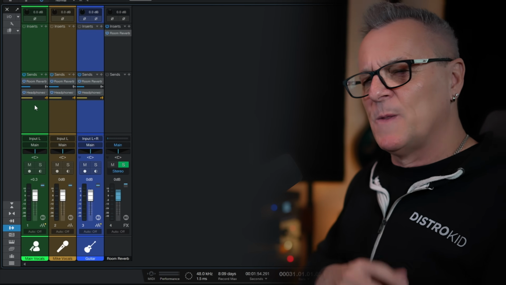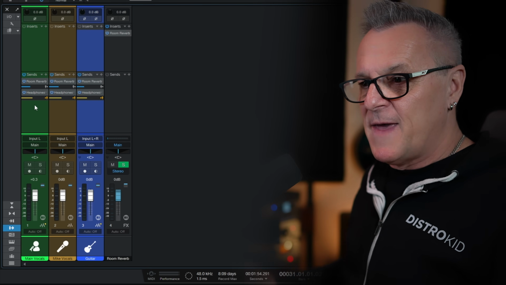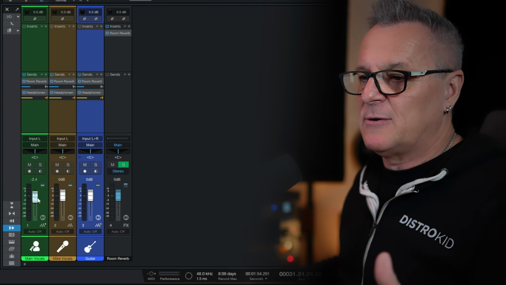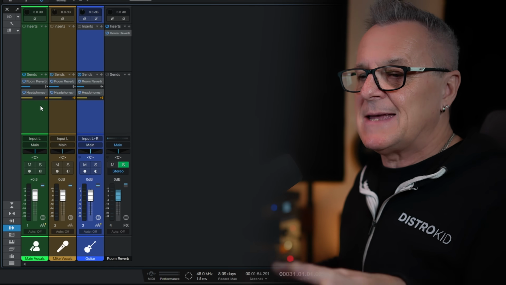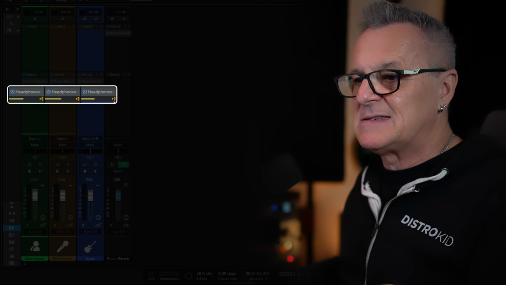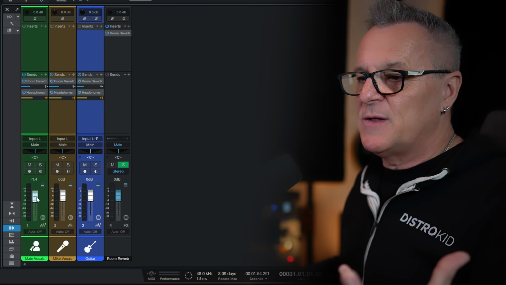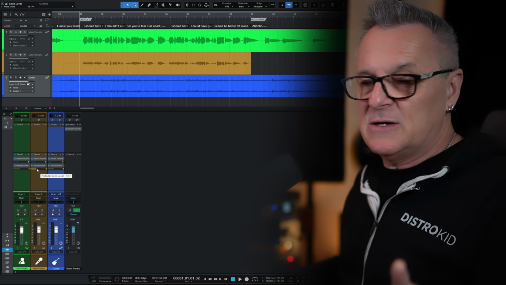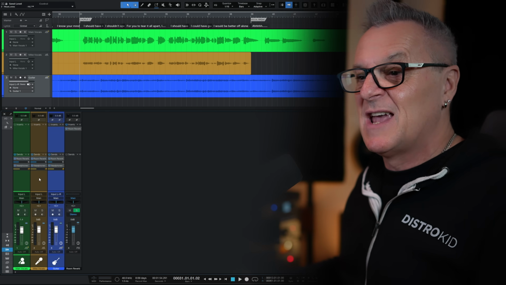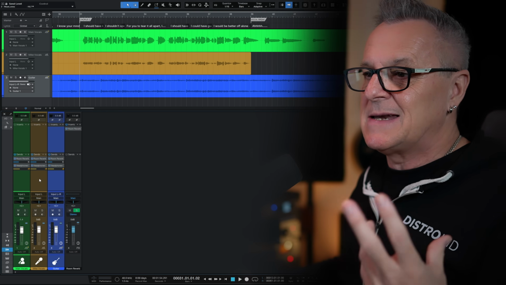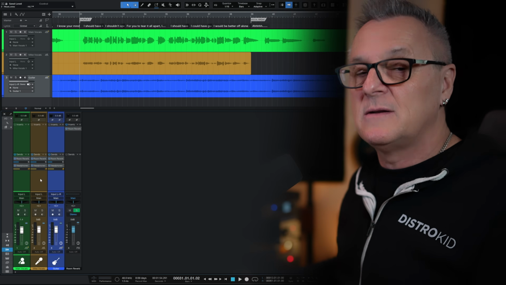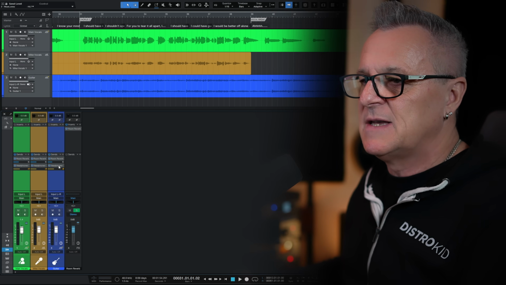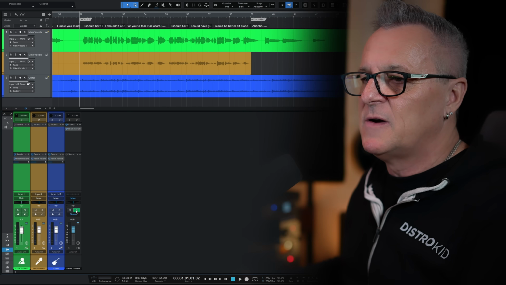However, we don't want that mix to be affected for them if we're adjusting our faders here in our main part of our session. So that's why we would set this to pre-fader sends, so that their mix is not being affected by the overall mix, and we can tailor their mix for them here. Now, that's all very good, and you can go ahead and do that if you wish, and it's the way I guess things are done in other DAWs. However, I want to show you an alternative way in Studio One, which I think is just a little bit more elegant. So I'll just select all of those channels and I will go ahead and remove those sends in one hit,